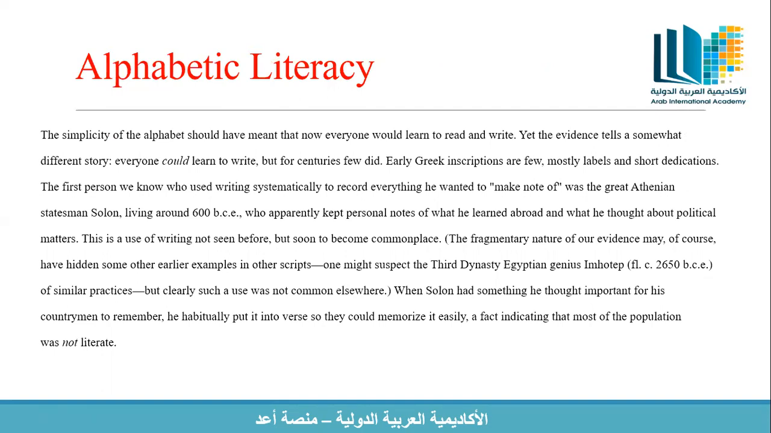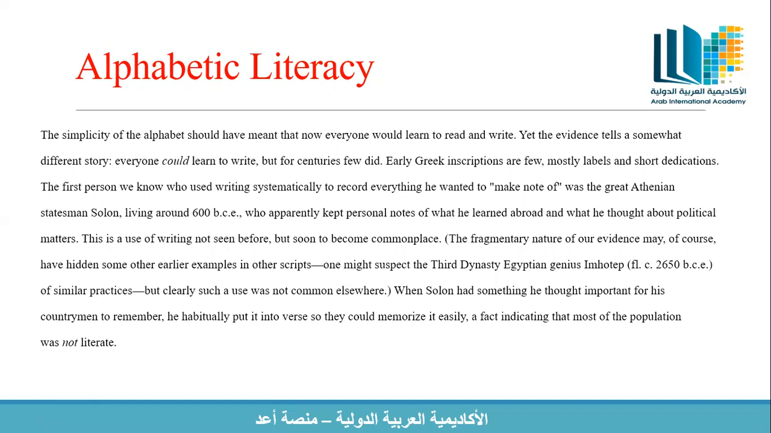Yet the evidence tells a somewhat different story. Everyone could learn to write, but for centuries, few did. Early Greek inscriptions are few, mostly labels and short dedications. The first person we know who used writing systematically to record everything he wanted to make a note of was the great Athenian statesman Solon,